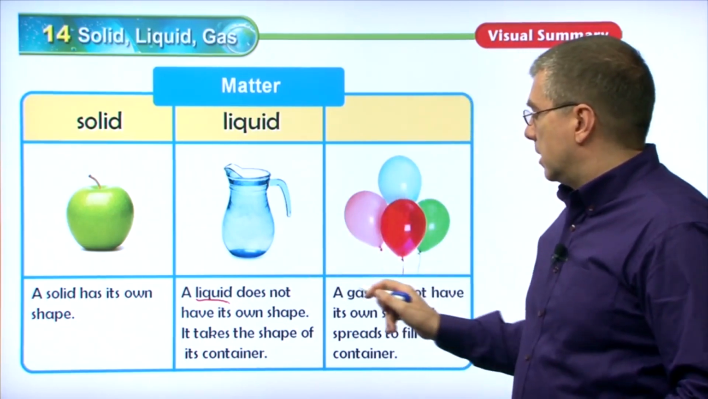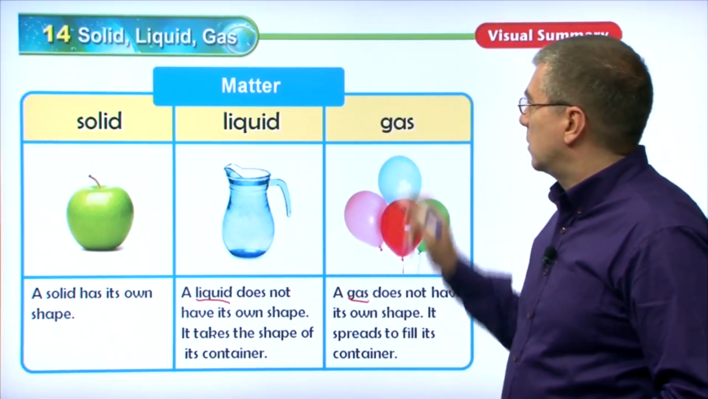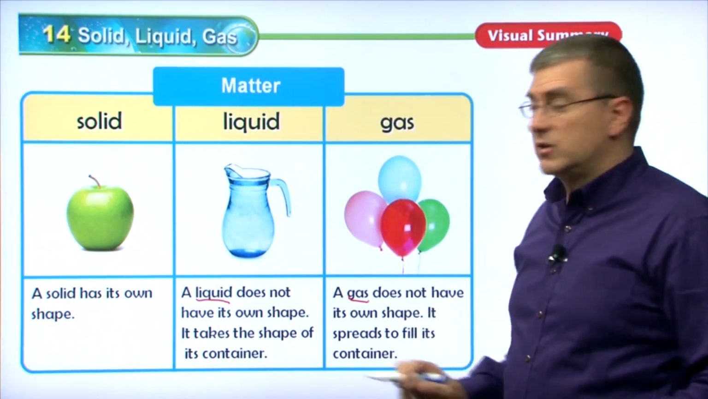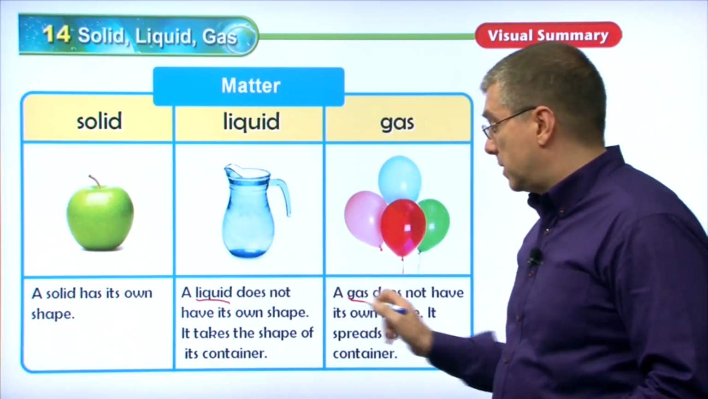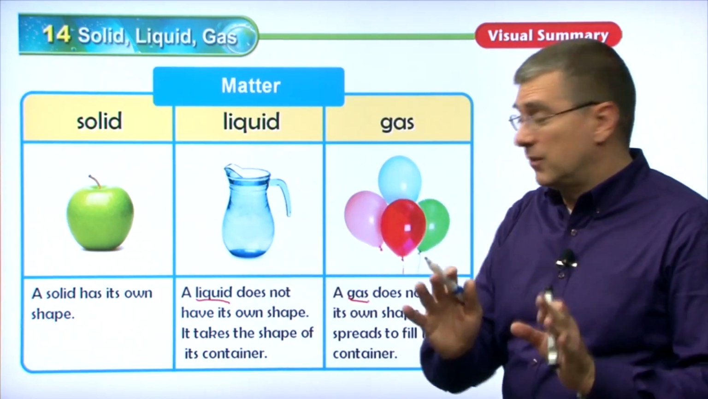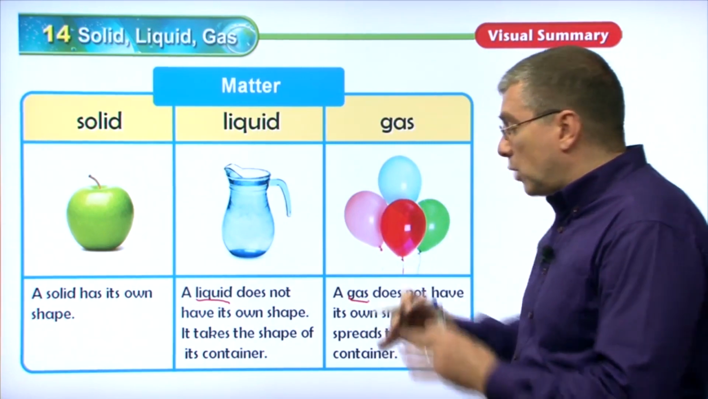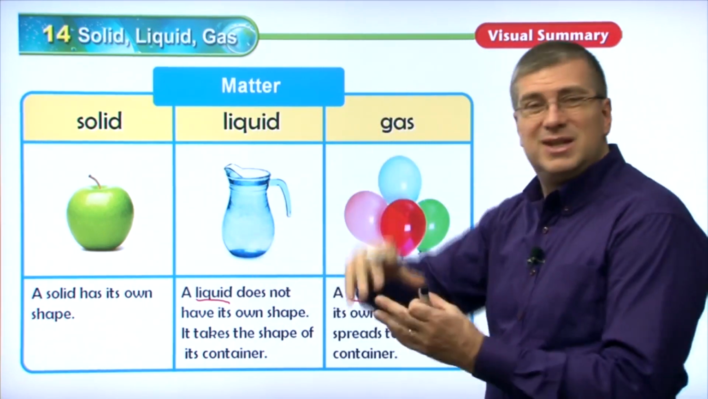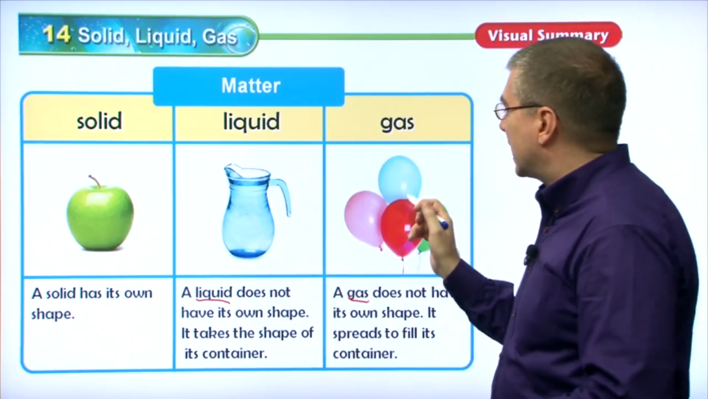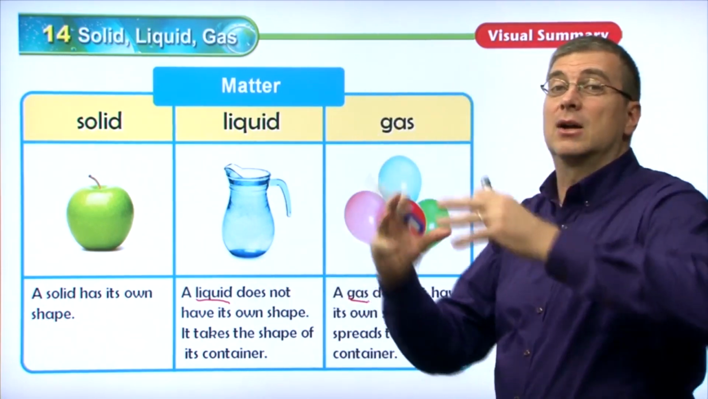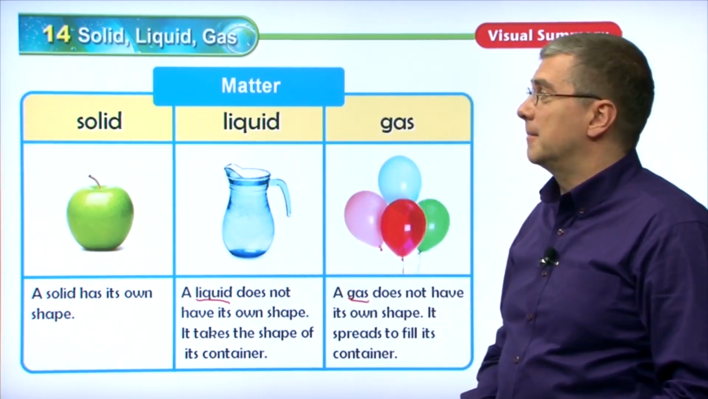Now over here, of course, we're talking about a gas. That's our last one left. The gas does not have its own shape. That's similar to a liquid. These two things are the same. However, what's different is gas spreads to fill the container. Liquid does not spread to fill the container. A gas spreads to fill the entire container. And that's the difference between them. So,